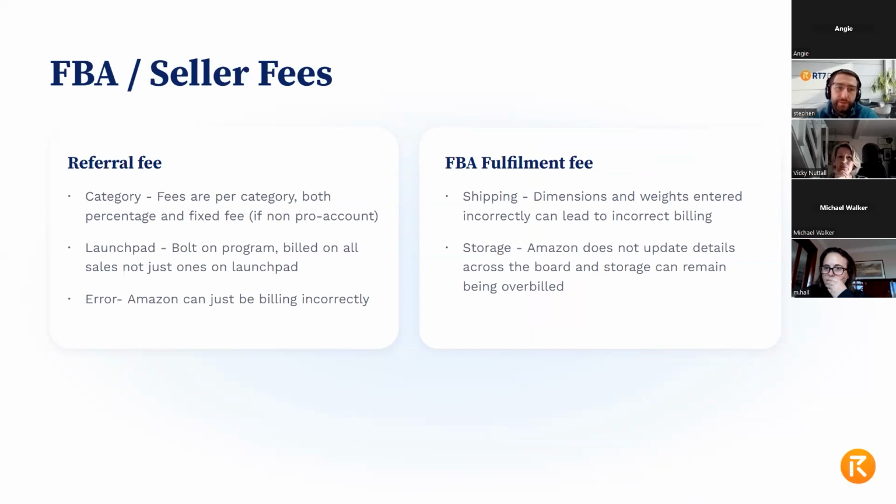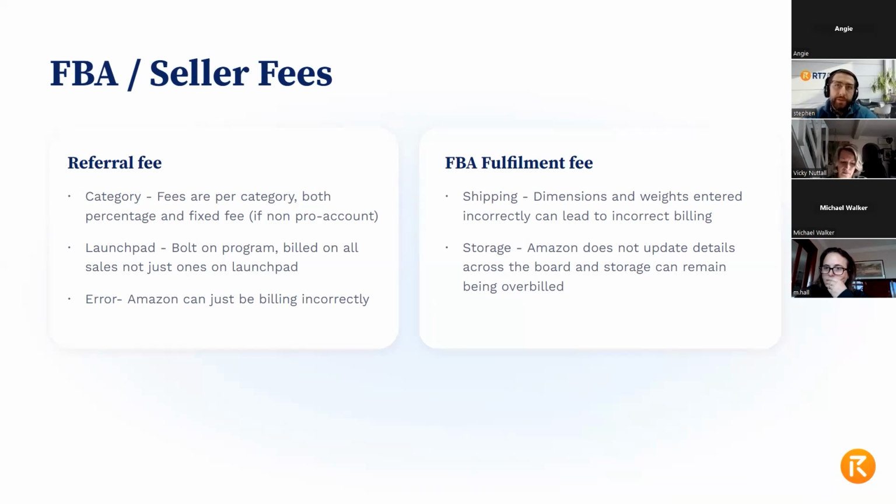I've seen accounts where people have listed products through sheer error. When you go through and fill in your flat file, you go to add a product, or your product was previously listed by resellers, and just for the sake of convenience, you go with the subcategory that has been used there, or the first category you find that looks basically correct. The problem is, because there are these different fees attached, if you've picked a category, or a category has been picked for you that is incorrect, that can be misbilled. And because it's a percentage of each sale as they happen, you're effectively overpaying for every single one of those sales.